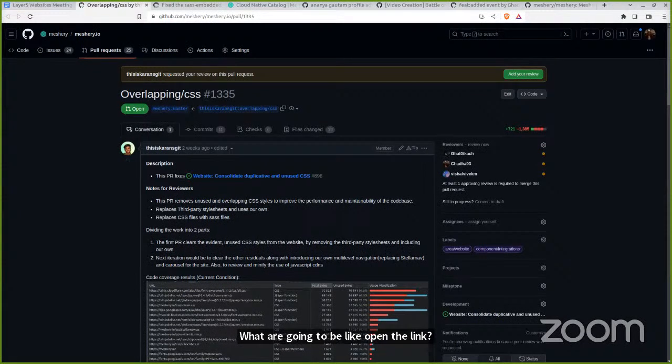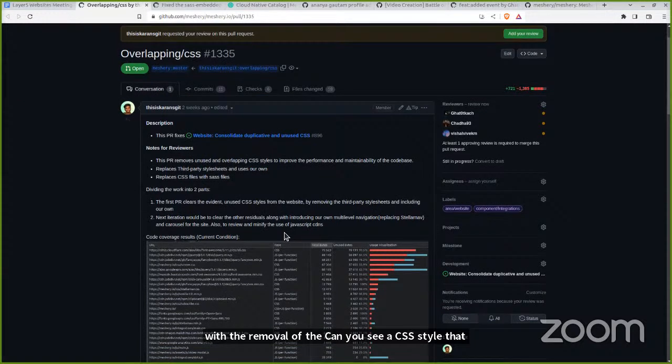So this issue was long due. This update deals with the removal of the unused CSS styles that are being used throughout the source code right now.